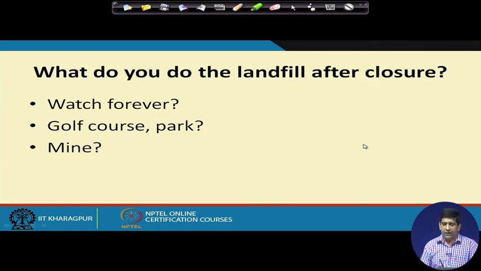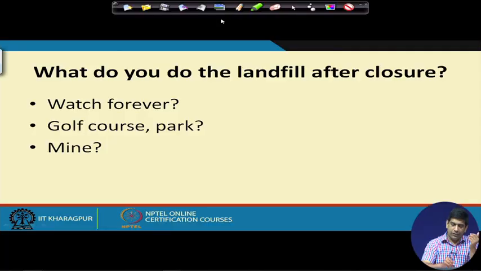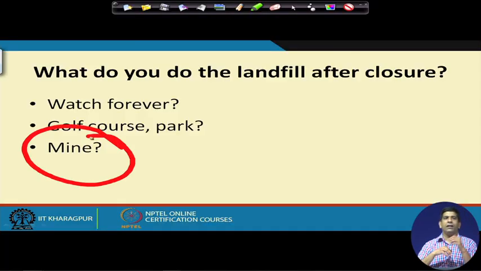So, what you do after the landfill has closed, you have to have a post closure care for 30 years. But after 30 years, and even during the 30 years, if possible, you can convert it to a golf course, you can convert it to a park, and there is even a concept of landfill mining now, where you go and do the mining of the landfill,